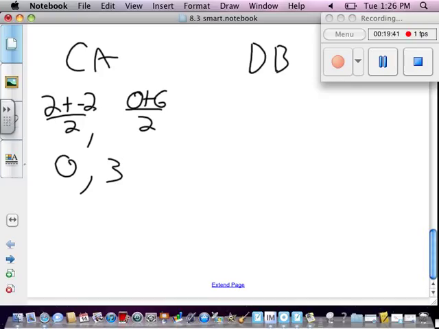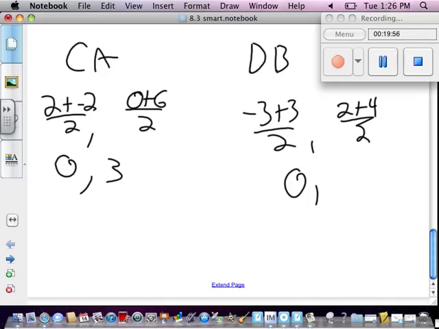Now I have to see if DB is the same thing. Okay, the x for D is negative 3. For B, it's 3. Okay. For the y, we get 2 and 4 divided by 2. So negative 3 plus 3 is 0. 2 plus 4 is 6. 6 divided by 2 is 3. So it is